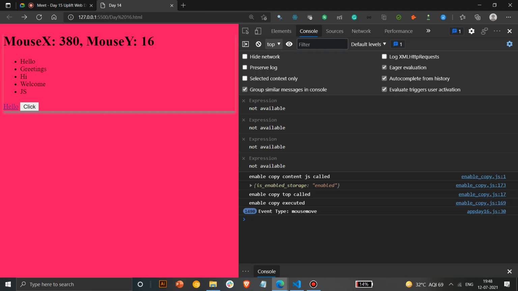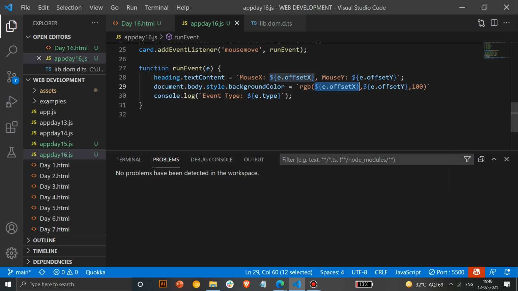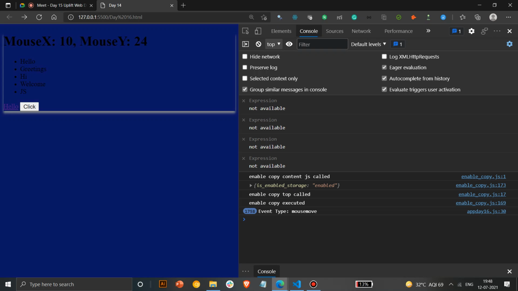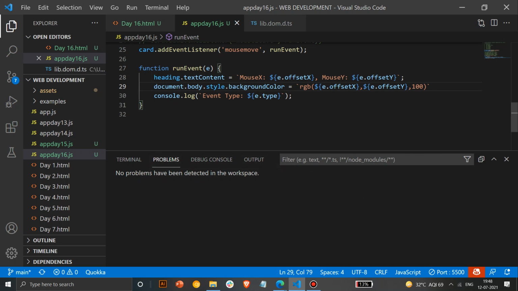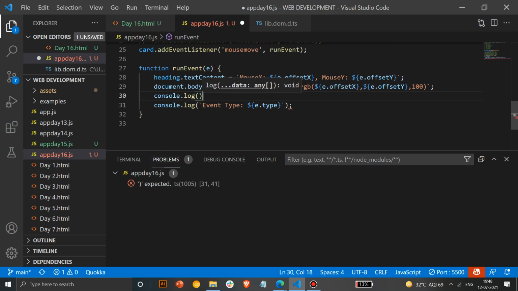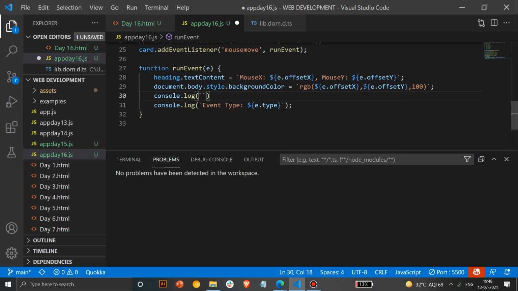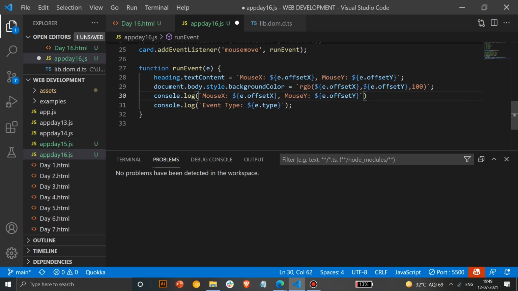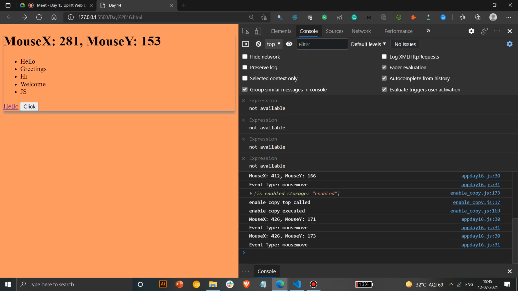The value of e.offsetX is showing directly on the web page. Yes, it's showing directly on the web page. You can see this value is offset X. I thought it would be showing on the console. You can do that. If you want to print it on the console, you just have to use console.log and print that value here. If you want to print offset values here, you can do the same thing. I'll copy the same thing here, and you can see those values here also. So just use console.log if you have to see something on the console.